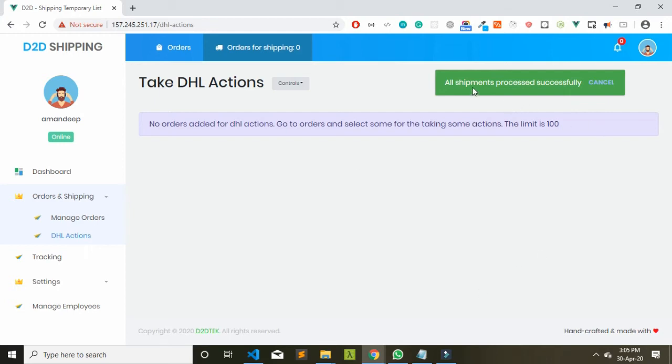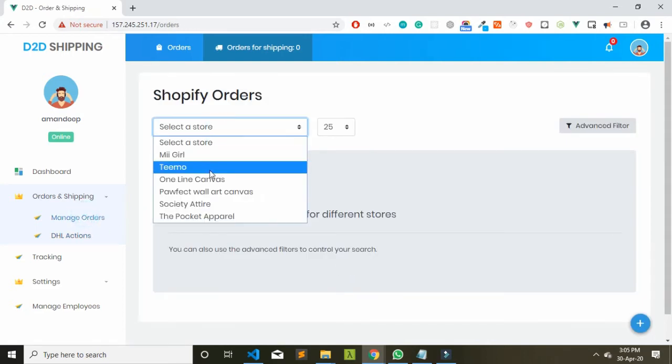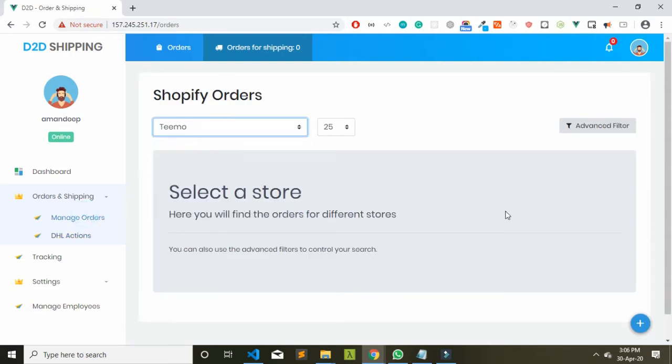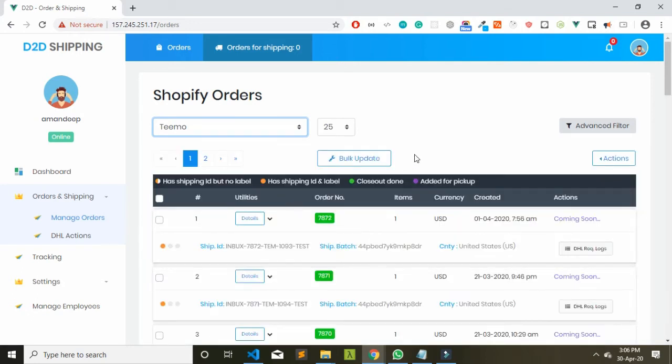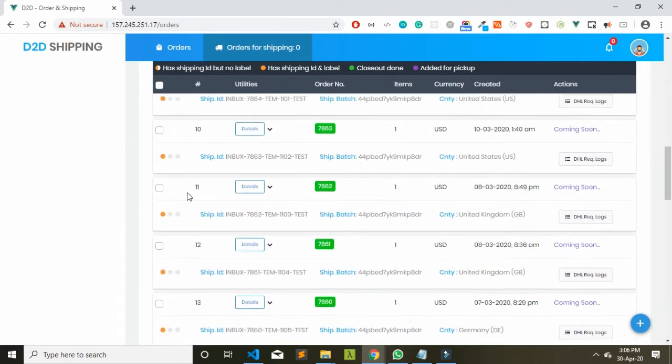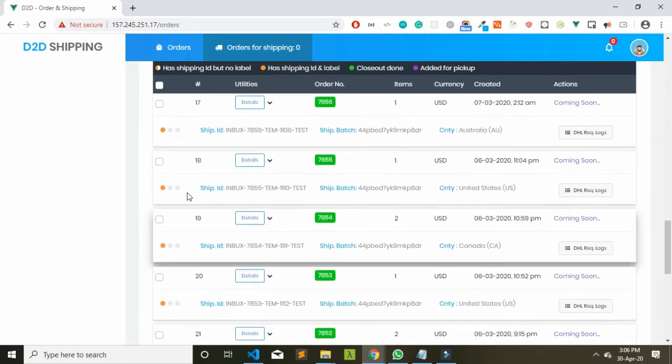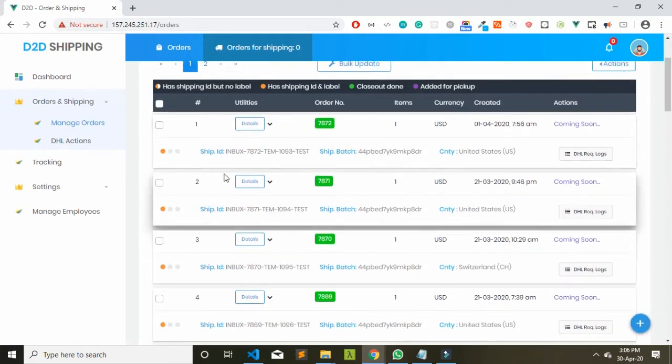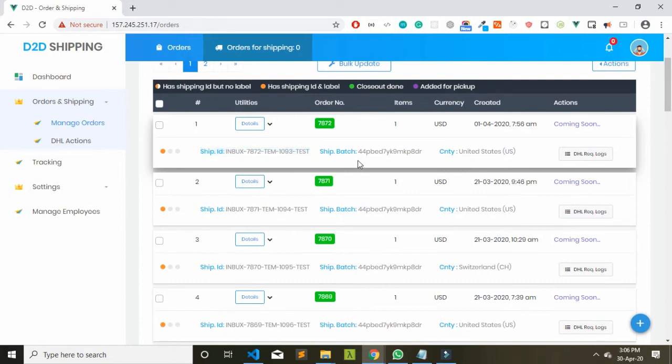We will get this kind of a message, all shipments processed, and we can go to this section again and I will select TIMO again. It takes some time because there is a lot of data that combines together and it shows the result. It will show a loader here, and you will see an orange dot over here which specifies that our shipping request was successful, and also we have got this shipping ID and ship batch.